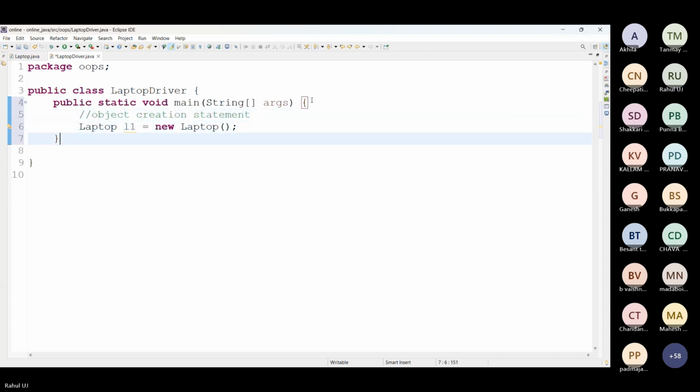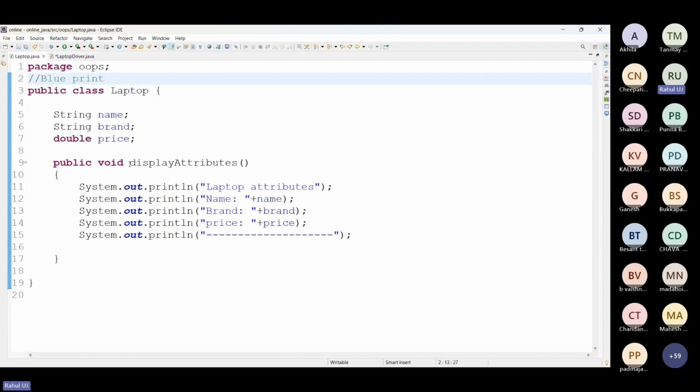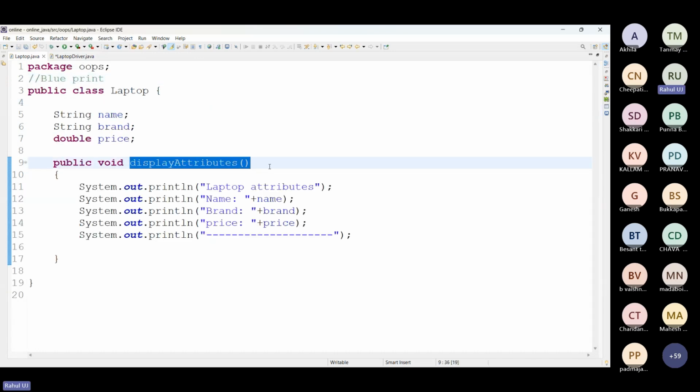Have I assigned any values for the object? And this method, is it a static method or a non-static method? Everyone, is it a static method or a non-static method?